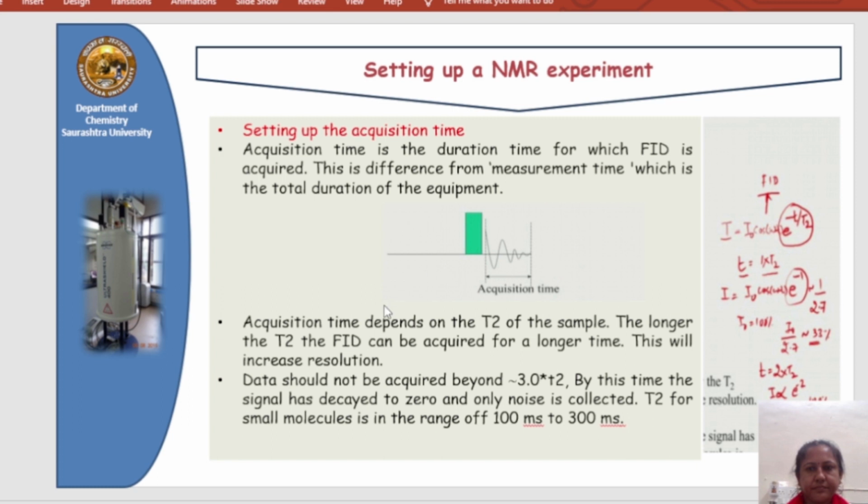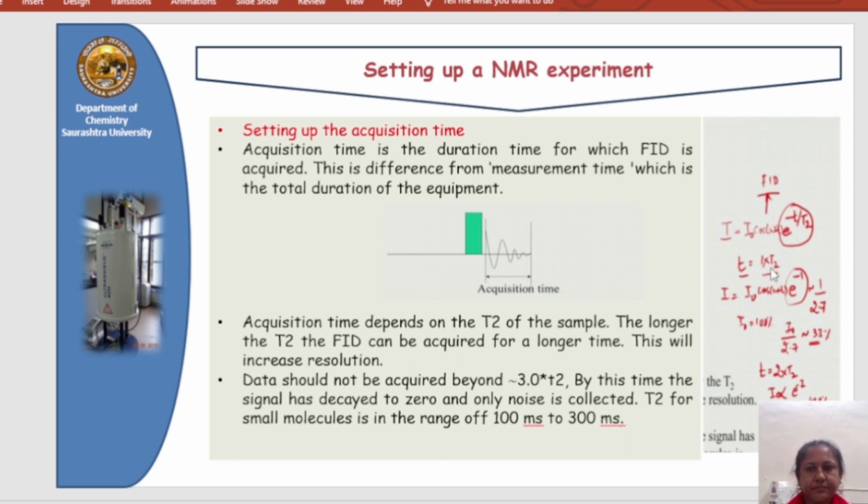So it means the oscillation amplitude is reduced because of T2 relaxation. What is T2 relaxation? After completion of one scan, when we proceed to the second scan, we give some time for the equilibrium. That is known as the preparation delay, or the acquisition time, or T2. So T2 is related to that.